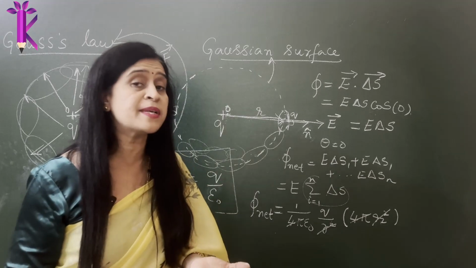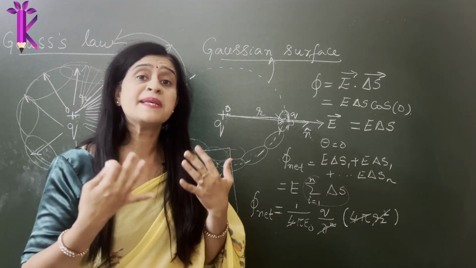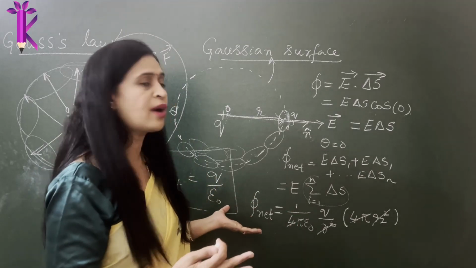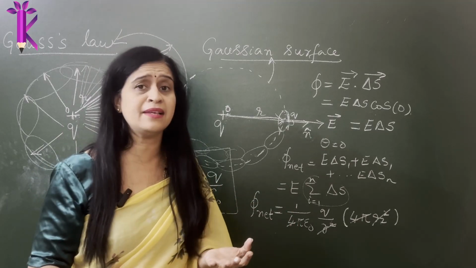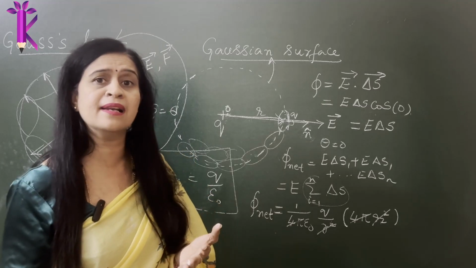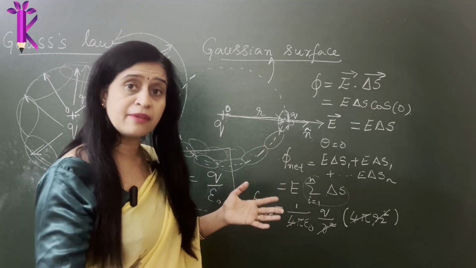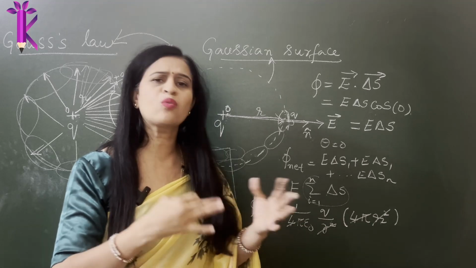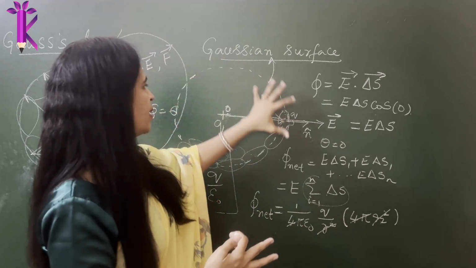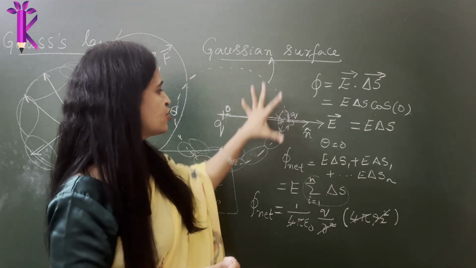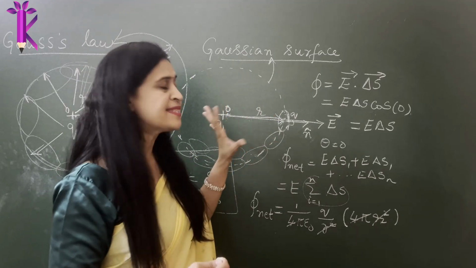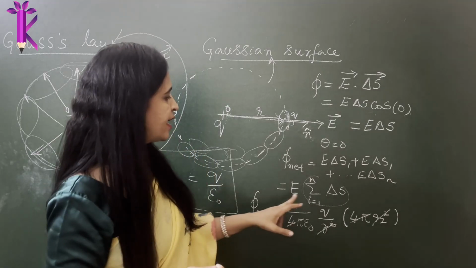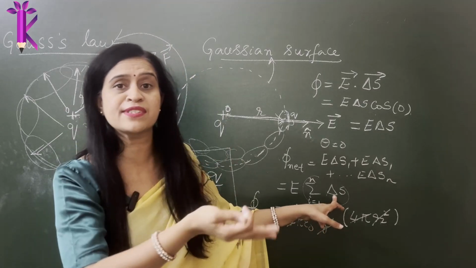Why did you choose it to be spherical? Because I know a sphere has symmetry, and it simplifies my calculation, allows me to arrive at the required expression very easily, which matches exactly with the experimental values that you find out. So therefore, theoretically what we do is we do minimal. We do not want to make it more complex, so we assume a spherical symmetry. We have assumed a symmetrical shape. The best symmetrical shape for a point charge you can assume is always a sphere, remember. So I assumed a sphere because I know the total surface area of the sphere.